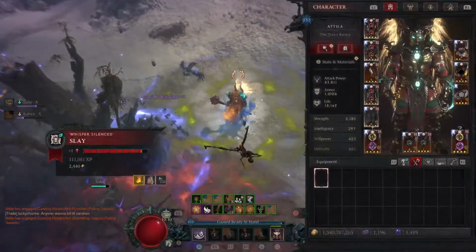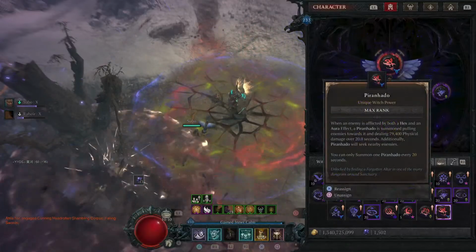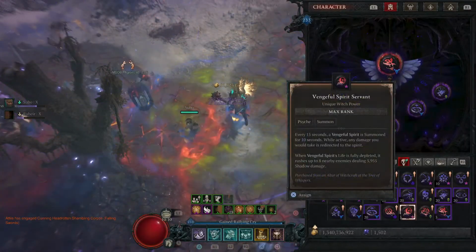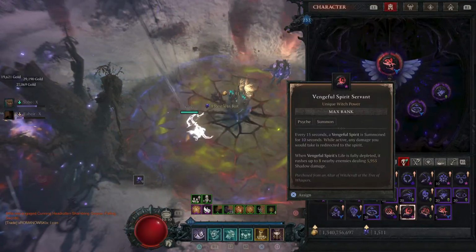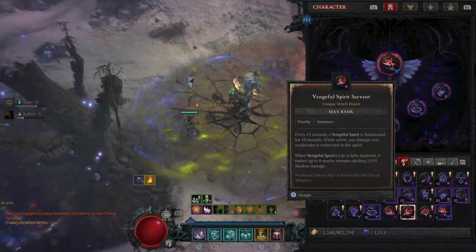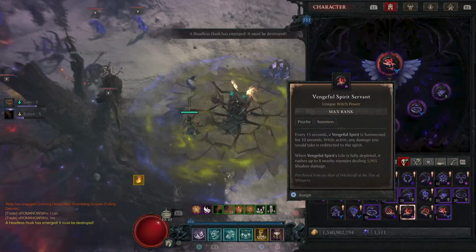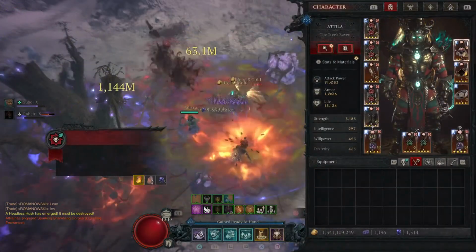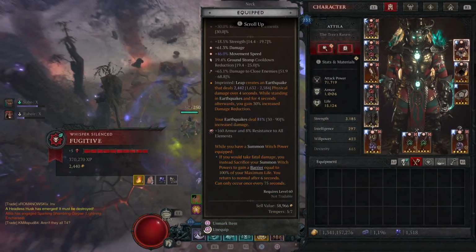And if you don't have the Piranha Tornado, the Piranado, whatever you want to pronounce that, if you don't have that one yet, this one works awesome. The Vengeful Spirit, especially when you get it to max rank, it mainly just saves you. You know, if you were gonna die, you know, because I used that in combination, so that by itself isn't gonna save you. But this one right here, if you have a summon witch power, which that one counts as a summon,